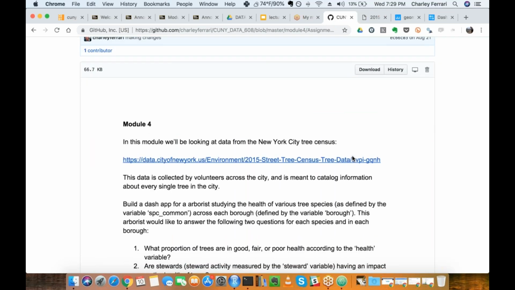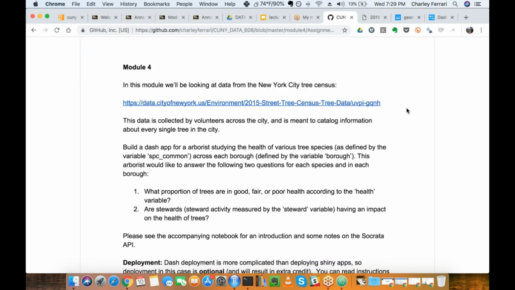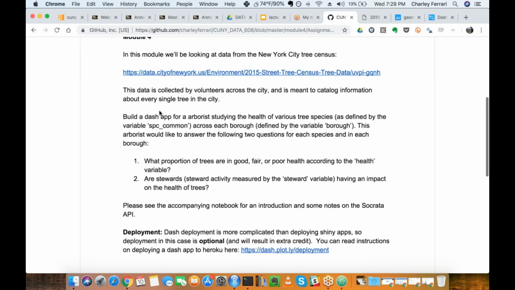So the point of assignment 4 is both to introduce Dash and to get people thinking a bit more critically about the sorts of apps, the sorts of data products, that this course is really preparing you to build. And so you have an API, and we're asking these two questions.